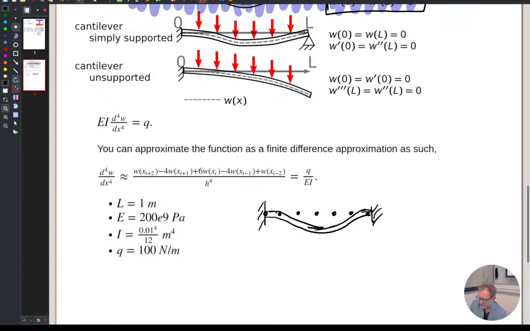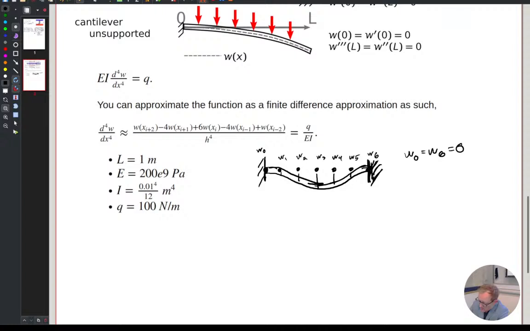All right, so what I'm trying to do is figure out how far each one of these deflect down. That's my boundary condition there. That's my boundary condition here. So I have the W0, W1, W2, W3, W4, W5, W6. So 6 different deflections, but some of them I already know. W0 equals W6 equals 0. And then I also know that